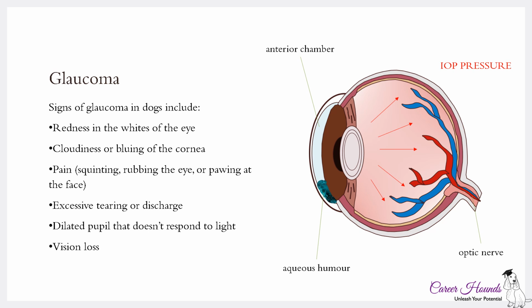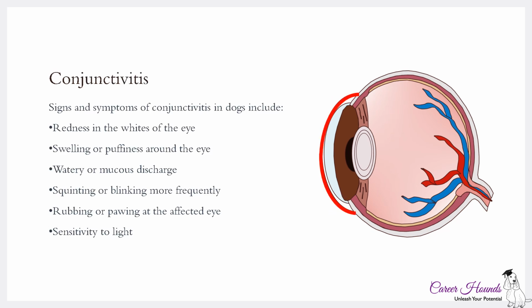Regular monitoring and follow-ups with a vet are essential for managing glaucoma in dogs and preventing further vision loss or complications. Conjunctivitis in dogs, often referred to as pink eye, is an inflammation of the conjunctiva, the thin transparent tissue that covers the eye's surface and lines the inner eyelids. It's a common eye condition in dogs and can be caused by various factors including infections, allergies, irritants or underlying